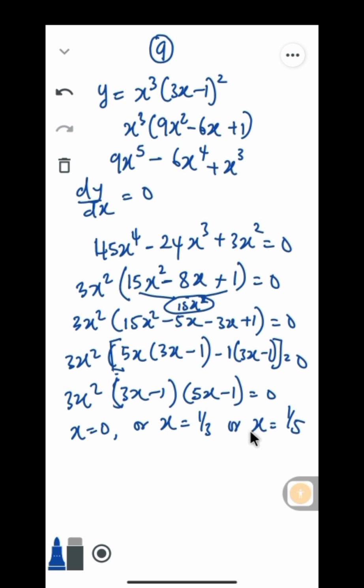So we're going to test it now under the second derivative to know which one gives us relative maximum and relative minimum. All right. So remember that at maximum points, the d squared y over dx squared is what? Less than 0. And so when we test our critical values,